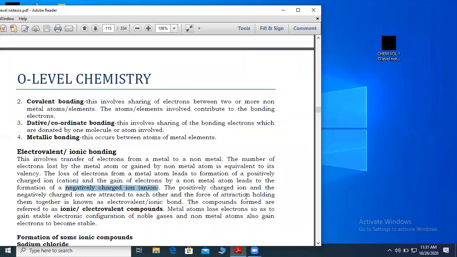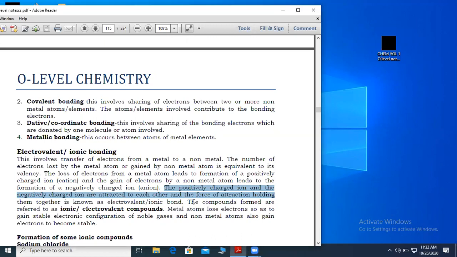The positively charged ion and the negatively charged ion attract each other. From our primary knowledge, we remember what we said about bar magnets: like poles repel, and unlike poles attract. So a positively charged ion attracts a negatively charged ion,